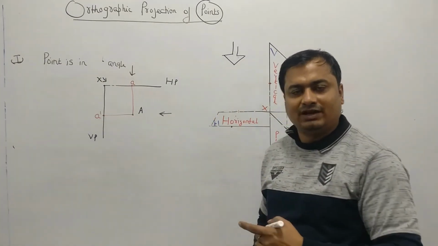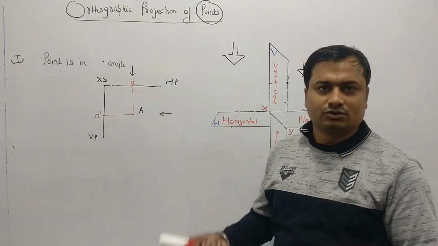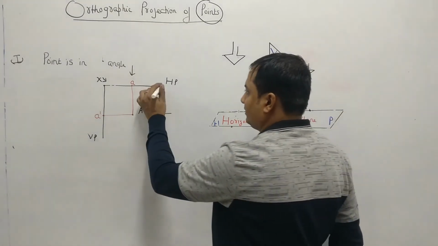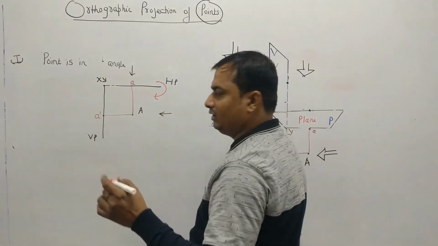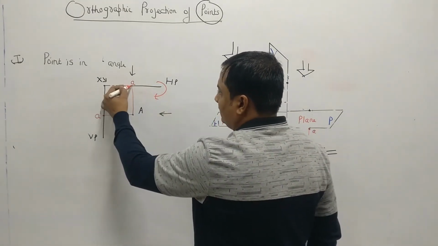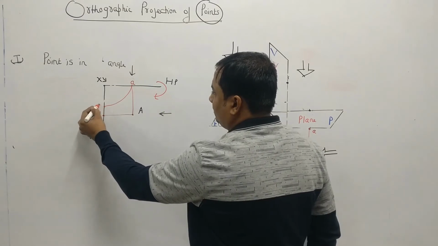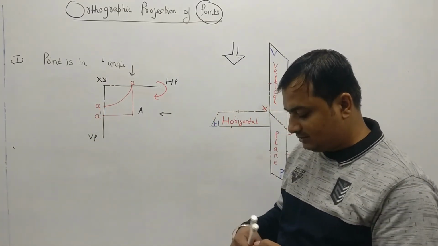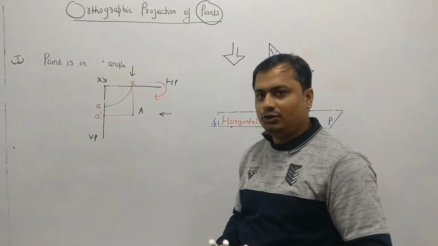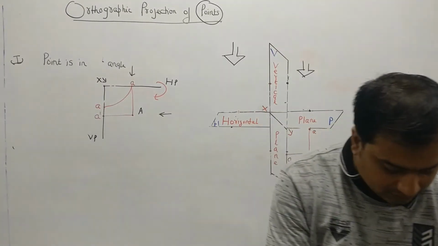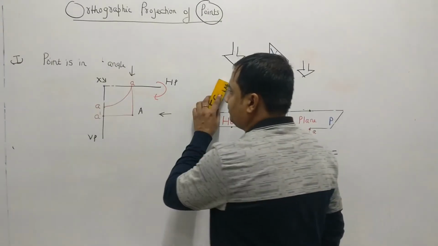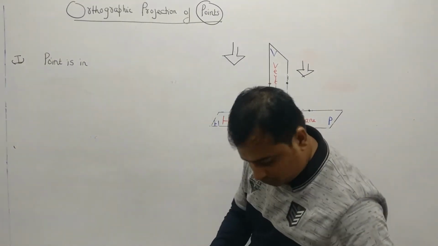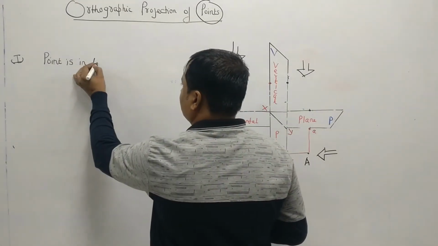Again, two planes we have to convert into a single plane. The rule is common: HP rotates 90 degrees clockwise. So if HP is rotated 90 degrees clockwise, what is going to happen? This A, after rotating, will be on the bottom of XY. The conclusion is both front view and top view are going to be located at the bottom of XY. So what will the projection be now? The projection is going to be like this. So this is the fourth angle.